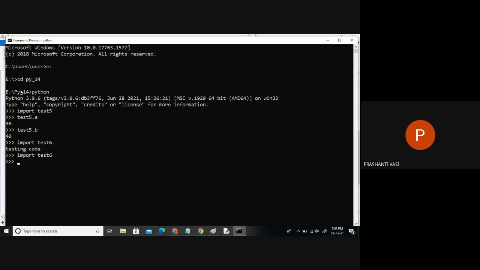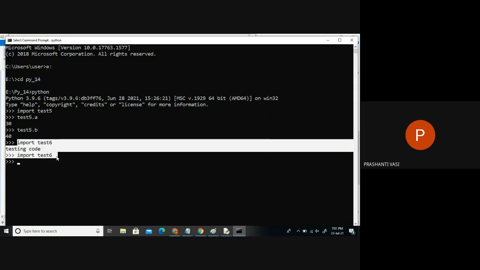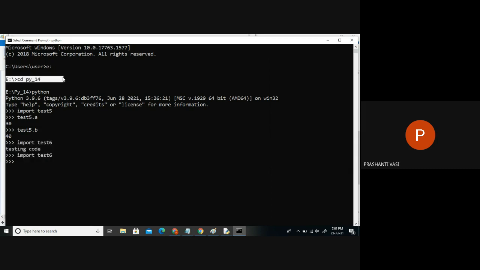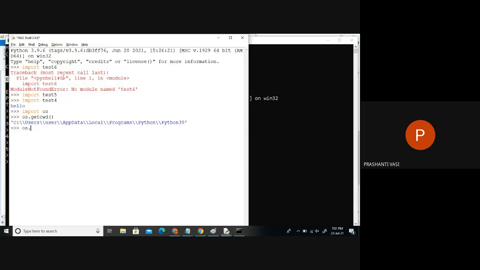Did we change the directory to the E drive, the Python 14 directory? We first changed to the E drive, then we moved to Python 14. After that only we could run the programs. Without changing the drive from C to E, I could not run it. So what should we do here?